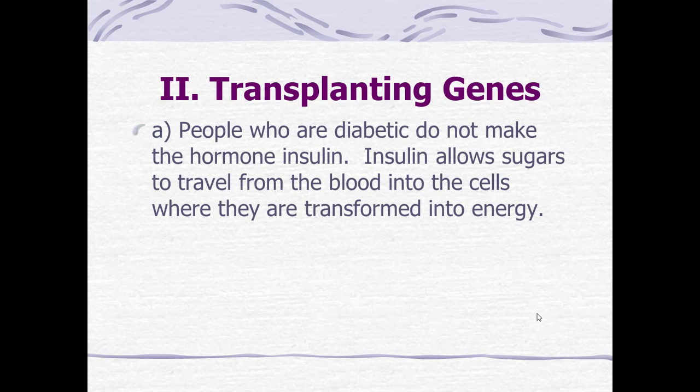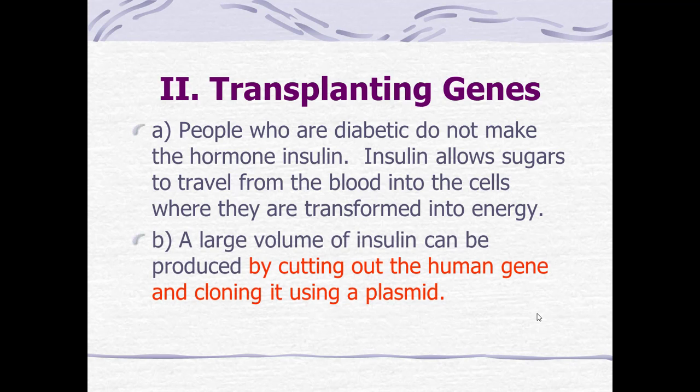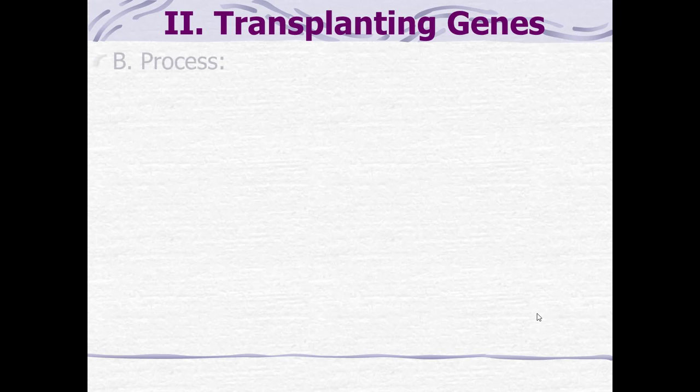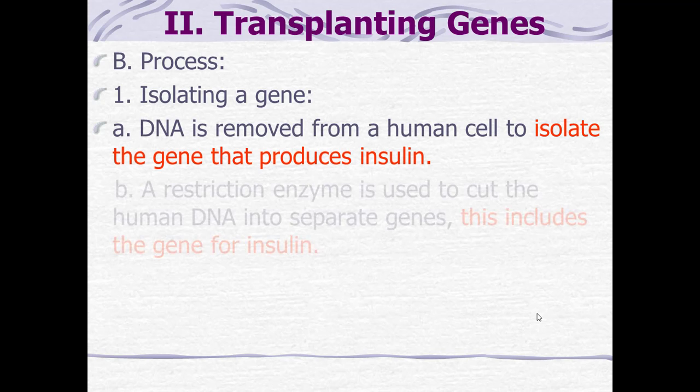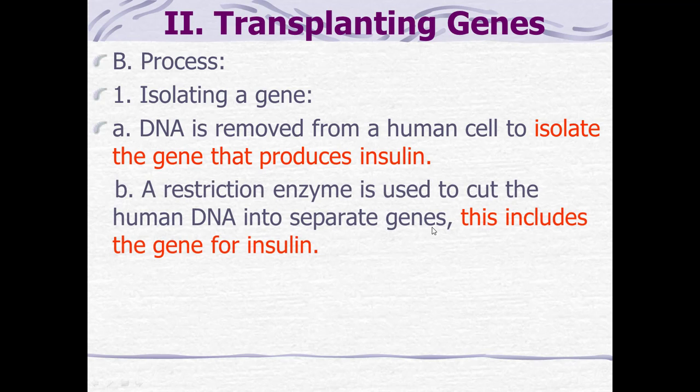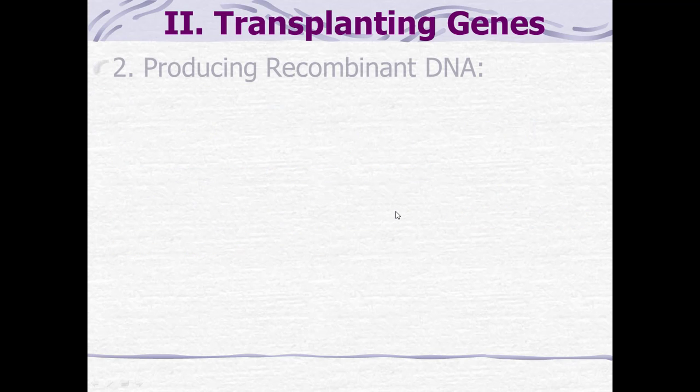Transplanting genes: people who are diabetic do not make the hormone insulin. Insulin allows sugar to travel from the blood into the cell, where it is transformed into energy. A large volume of insulin can be produced by cutting out the human gene and cloning it into a plasmid. Isolating the gene: DNA is removed from a human cell to isolate the gene that produces insulin. A restriction enzyme is used to cut the human DNA into separate genes, including the gene for insulin, and then producing